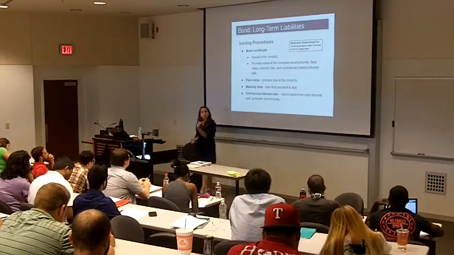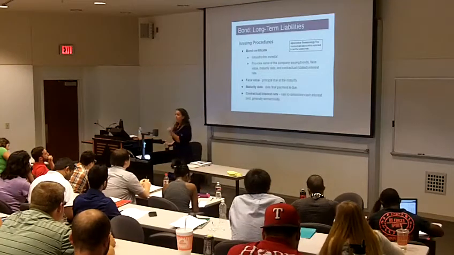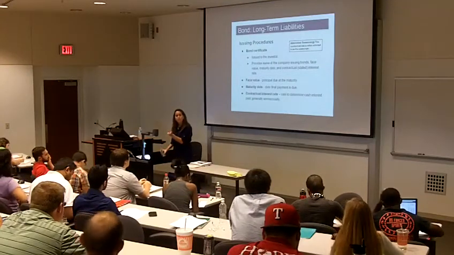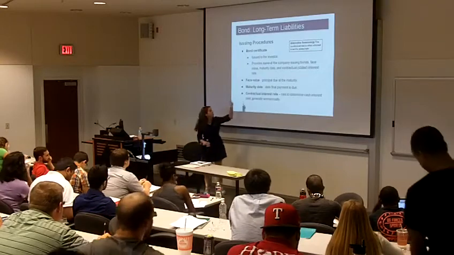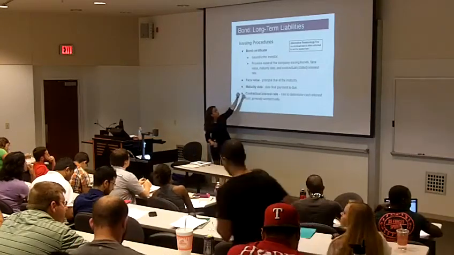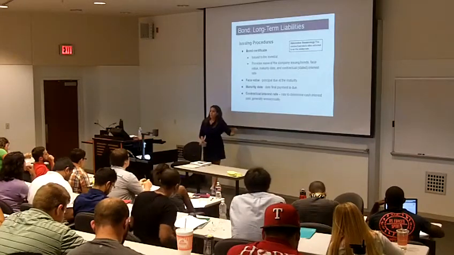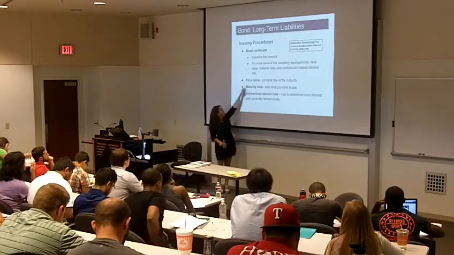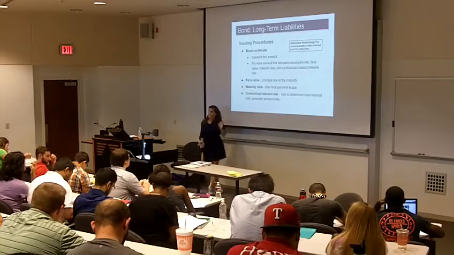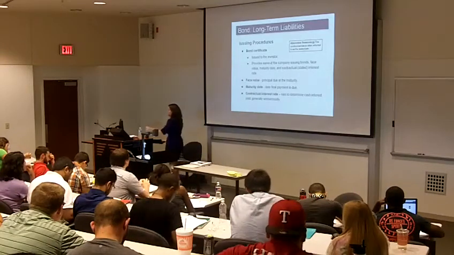So there's an interest rate that's included on that bond, 5%, 8%. There's a number on that bond that says what the interest is, okay? The face value is the principal that's due at maturity. The maturity date is that date in the future when the bond is due. And then the contractual interest rate, the stated interest rate, is the rate to determine what